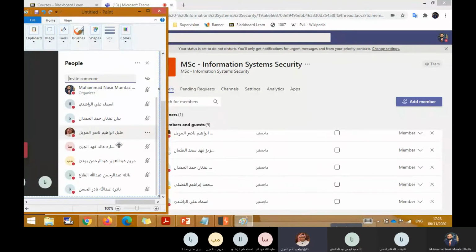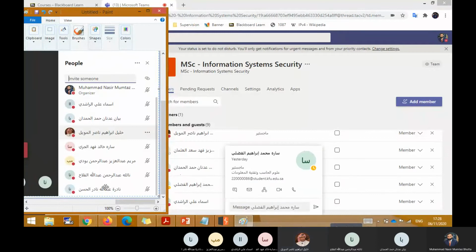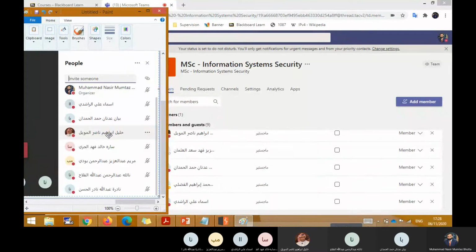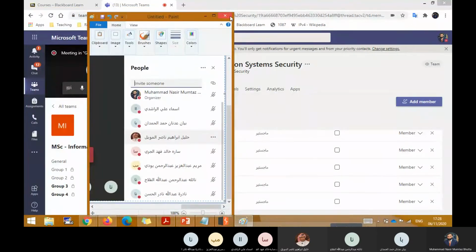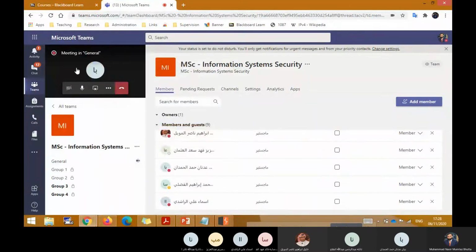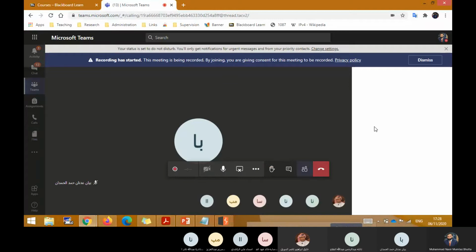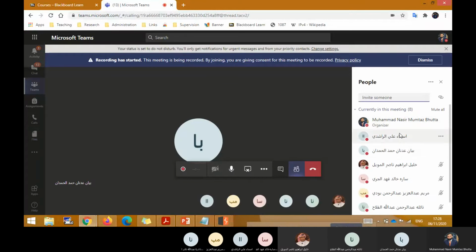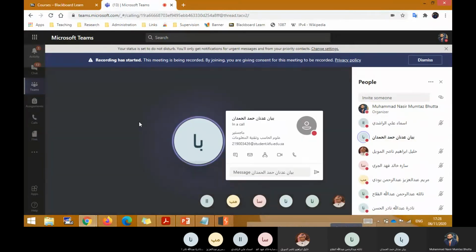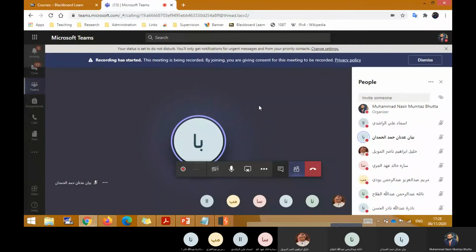He's praying maybe. Yes, okay. Doctor, I am here. I am Bayan. Sarah Al-Fazli. Since after joining, I see that it is number 8. You can see the participants are 8. So it means 7 are here, 2 are absent. Anyway, let's start. I will see in the attendance.